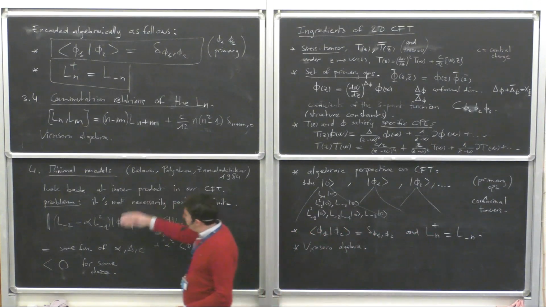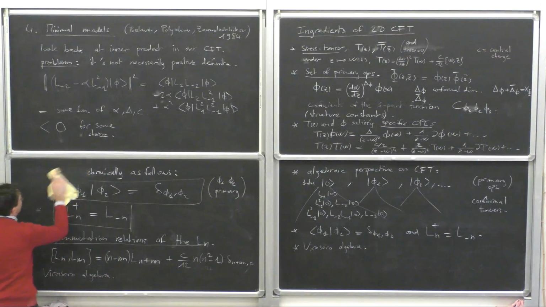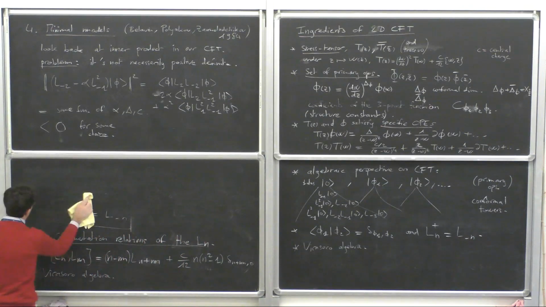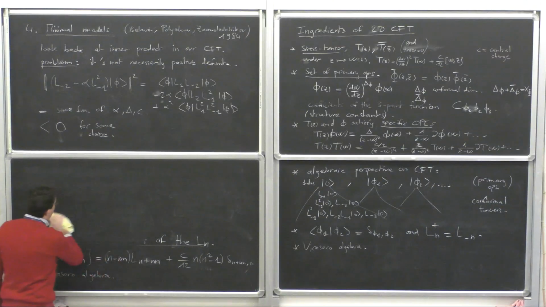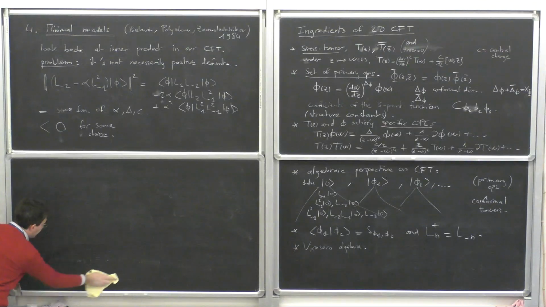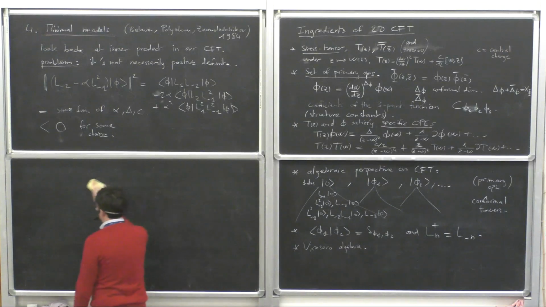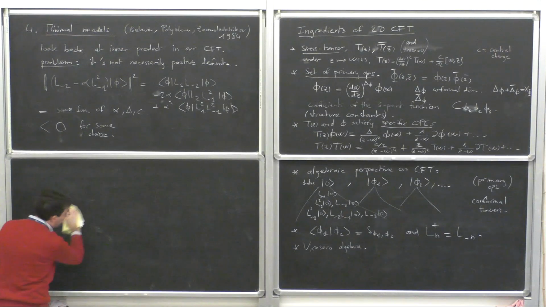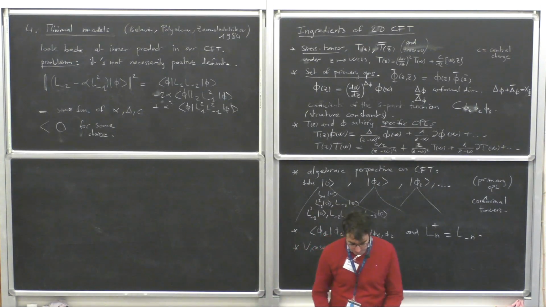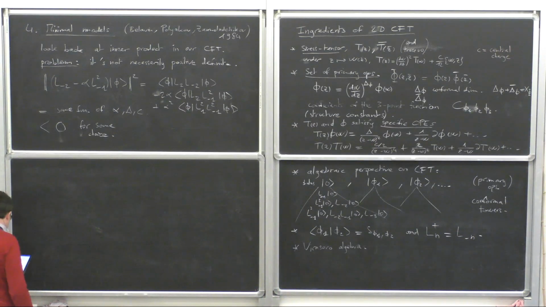But then what these people did is that they understood that it was important to stress unitarity of the theory, so to ask for a positive definite inner product, if you want to make the identification of your conformal field theory with models coming from statistical mechanics, classical statistical mechanics with local and positive weights, such as the Ising model or the Potts model, or all these things. And so they insisted on unitarity,